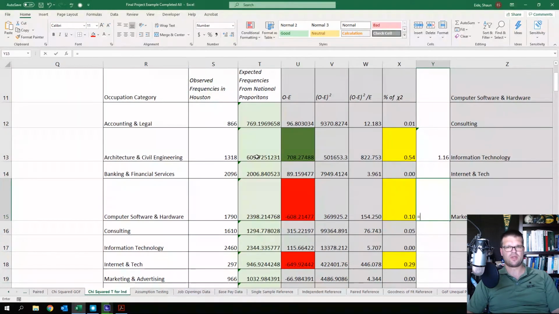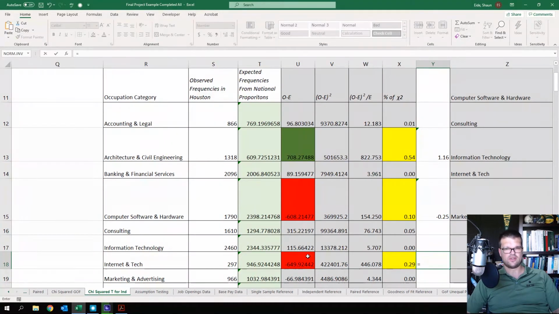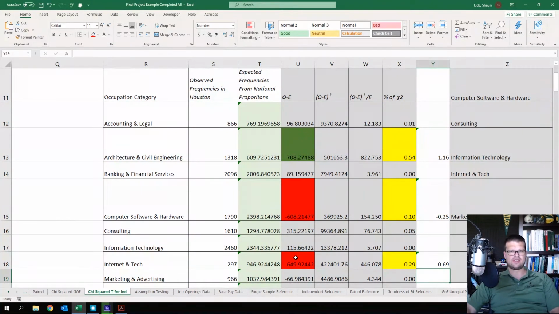Same thing with here. You can do equals the difference score divided by the expected score, and you can say there's 25% less than what was expected. Then once again equals the difference score divided by the expected score, and there's 69% less than what was expected